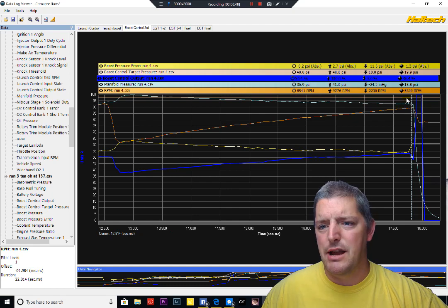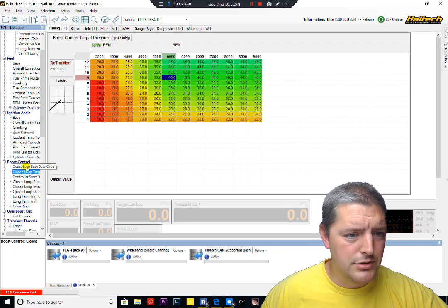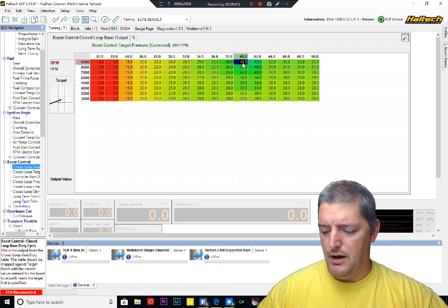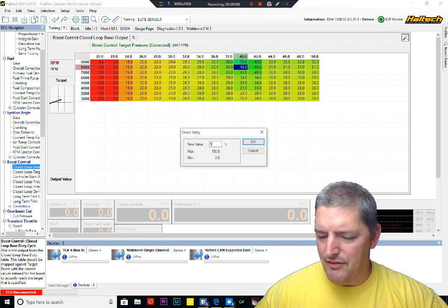So we want to crank up the duty cycle at 9,000 and 8,000 RPM. So go back into the software, closed loop base duty cycle for 40. So let's go up 10% on this. Let's go to 58. Let's take the 8,000 and put that at 55,